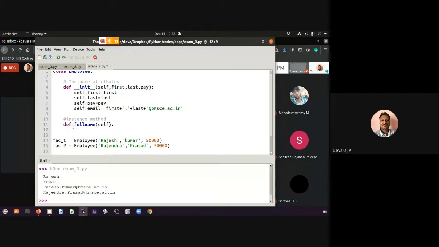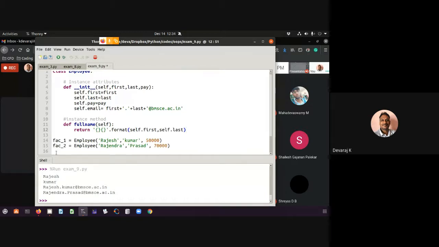Then I need to get a return value. So return, what I need to get is the first name and last name. Then close it up. I need to use the format method, on which I have defined the self, whatever it may be. It can be name or self. Self dot first, comma, self dot last. Okay, I have defined an instance method. It's unique, as I told.